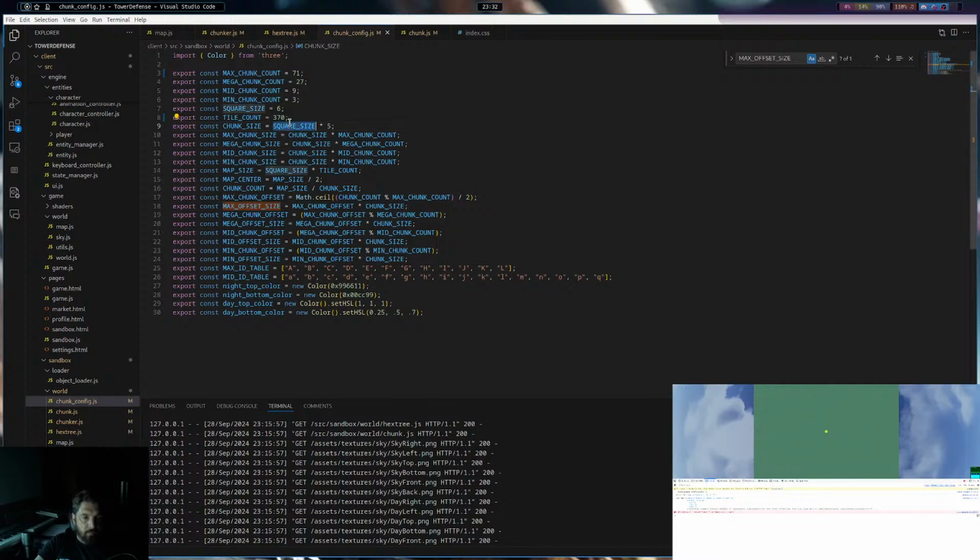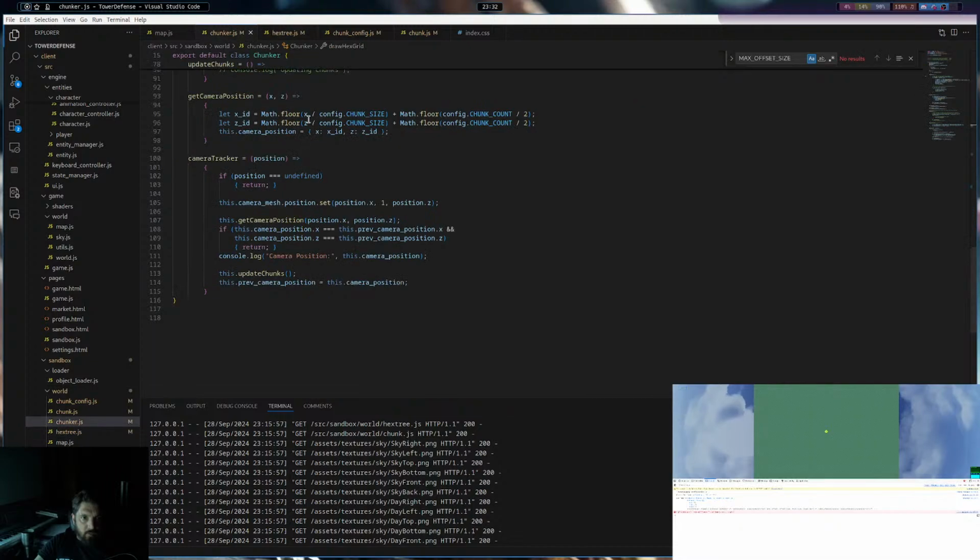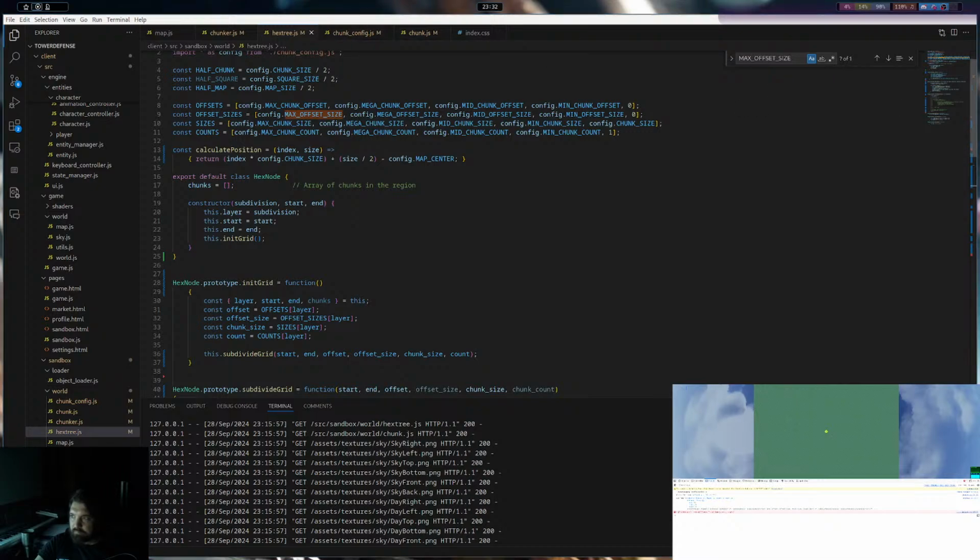Or rather, it's 5 squares, and then squared. Well, whatever. Okay. So single chunk is 10 squares because it's 5 both ways, because it's a square.